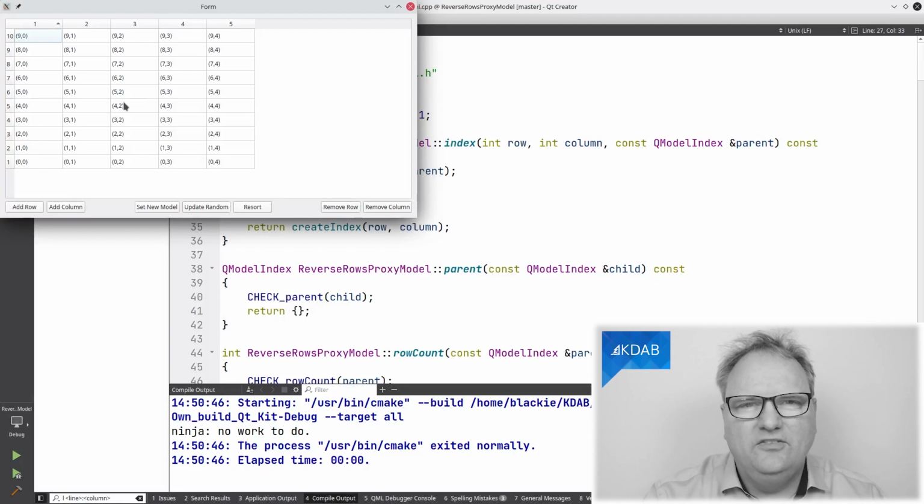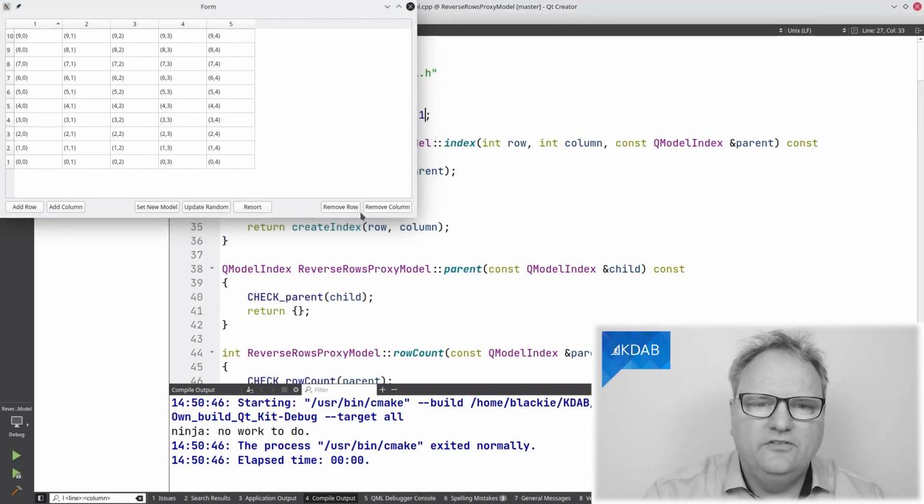You didn't see the test data, but it goes like 1, 0, 1, 2, 3. It goes down like this, but you can see that it has been reversed. And you can see the columns here, which would usually be 1, 2, 3, are now 10, 9, 8, and so on. So that's cool.